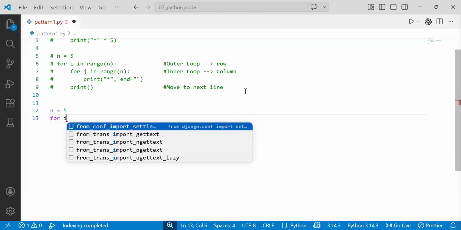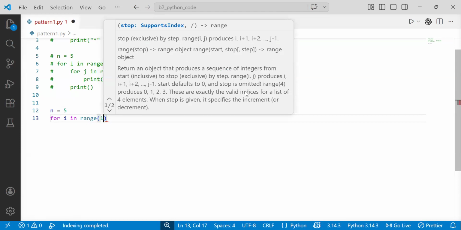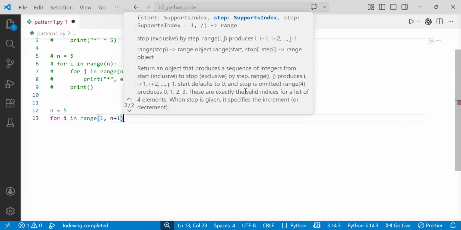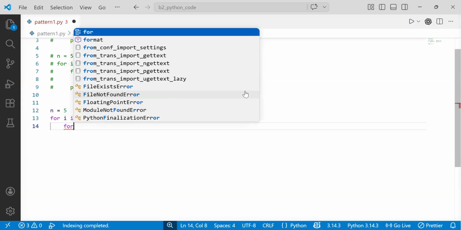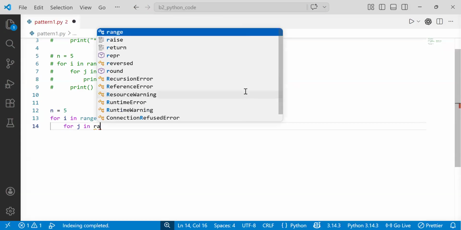Then for one loop you are running in range, and I will say the triangle will start from 1 and it will go up to n plus 1. Next, and this will be responsible for rows. Then inside that I will do for j in range,